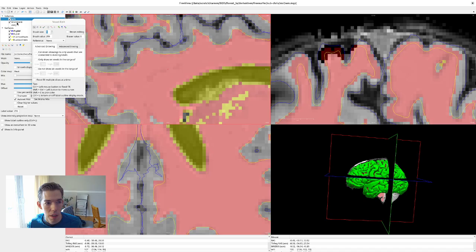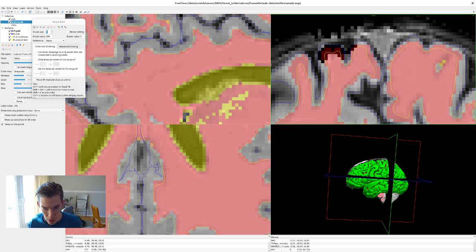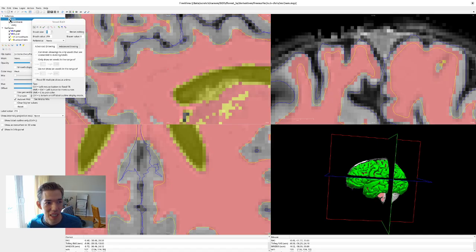oh, sorry, I was editing the wrong mask there. Let's Control Z on that. Make sure, as I said, you are selecting the white matter mask. And then it looks like this. That's